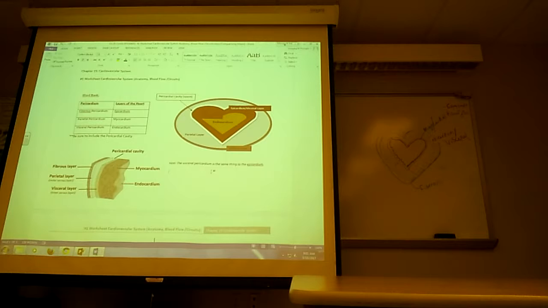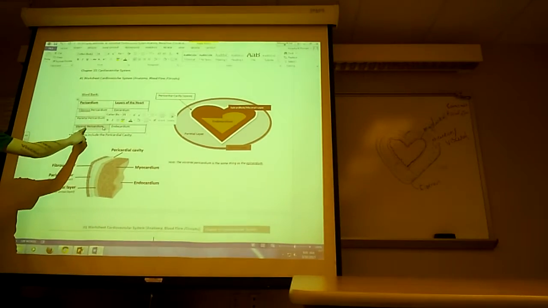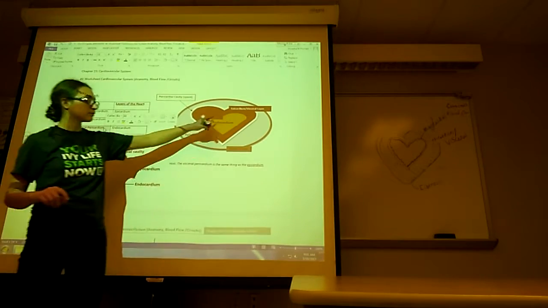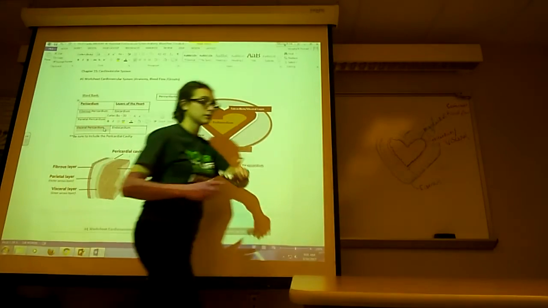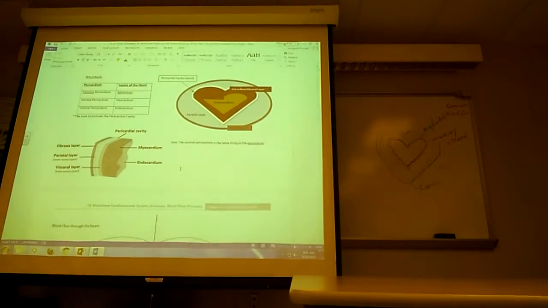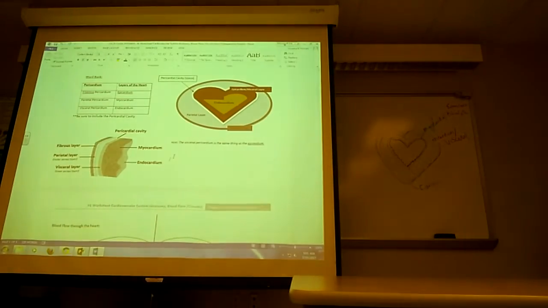There's the pericardium, which is like your pouch, right? But then there's the actual parts of the heart, and that's what these two are. But the epicardium, as you can see here, and the visceral pericardium are the same layer. Okay. It's the same thing. So it's kind of included in both categories. But this is supposed to kind of help. So if you get a test question and it's asking for what,